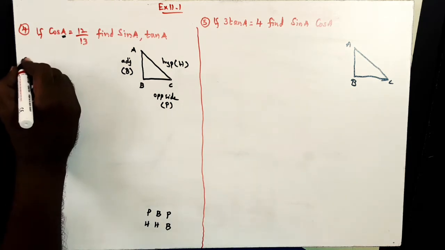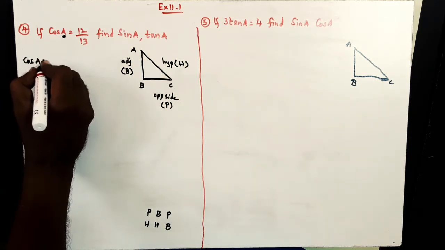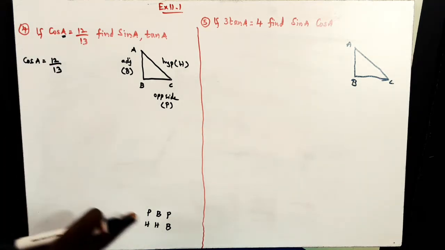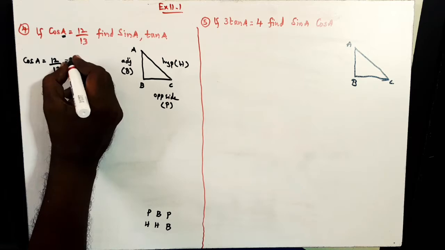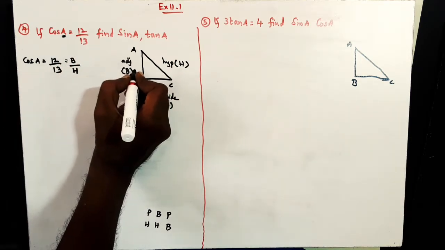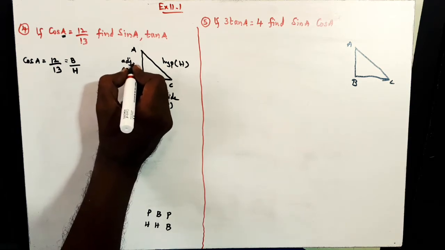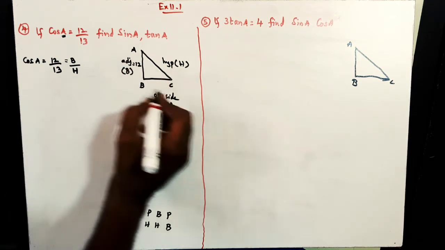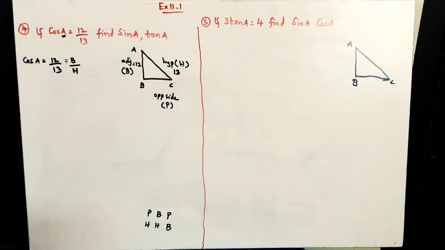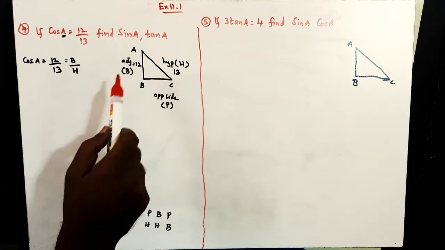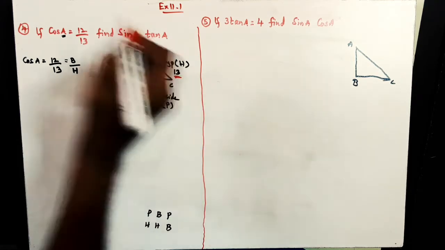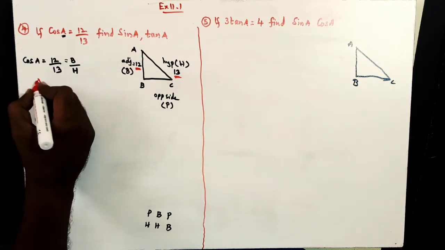So here cos A is equal to 12 by 13. Cos means B by H. So B is 12 and H is 13. Now in the right angle triangle, we have only two sides, 12 centimeters and 13 units. Now according to the Pythagoras theorem,